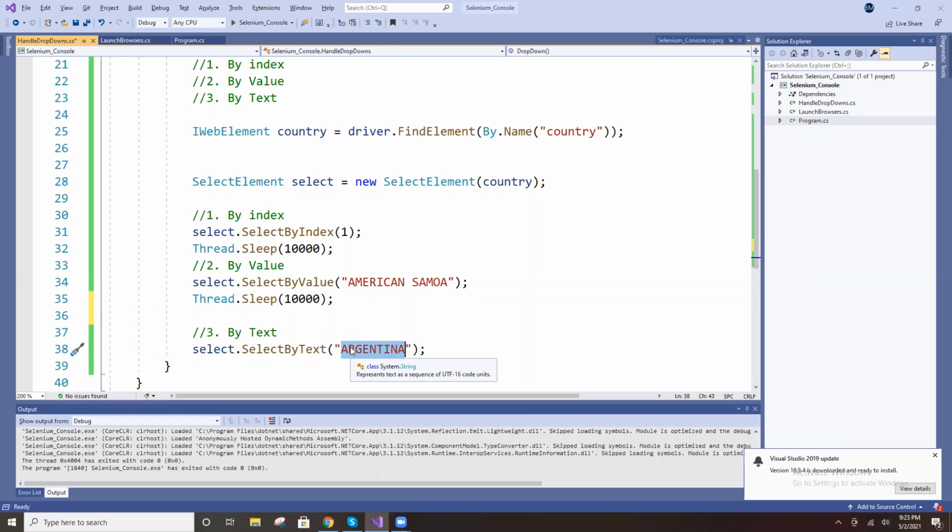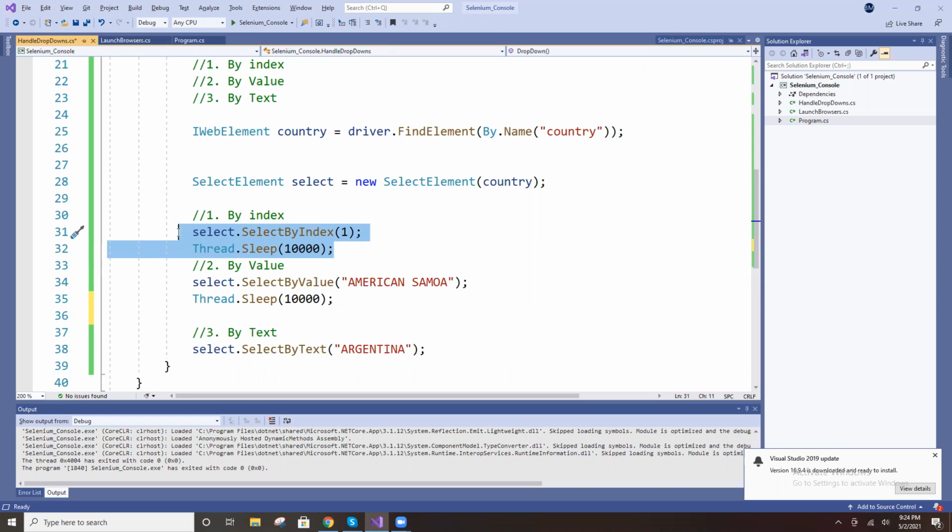If this does not work out, you can use index also, no issue. But recommendation wise, text is the first priority. If that does not work, you can use the second, and if that also does not work, then obviously you take index.